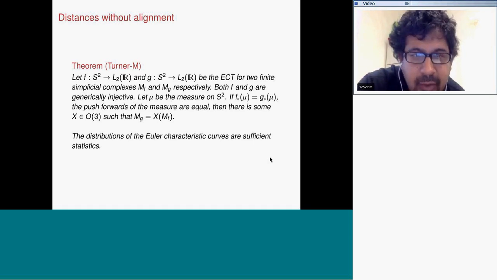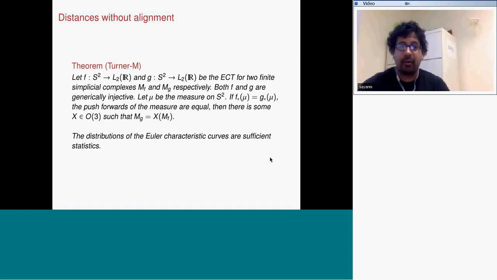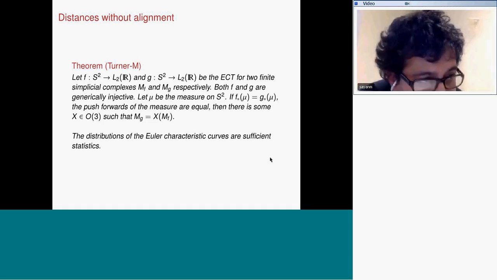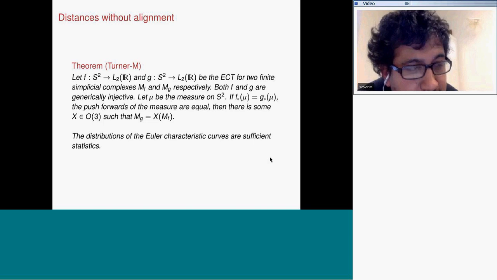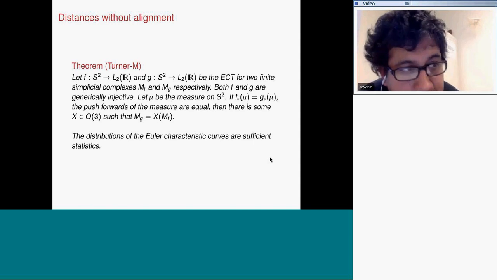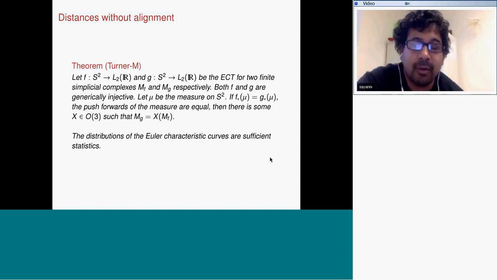So what we're saying is that we do this for another object. Now, if you can measure the distance between these two distributions, you can measure distances between objects without having to align them, assuming general constraints on the objects. Now, it is true that measuring these distances between distributions isn't absolutely trivial. Measuring distances between distributions of curves is not that bad. I mean, there has been previous work done in statistics on this.